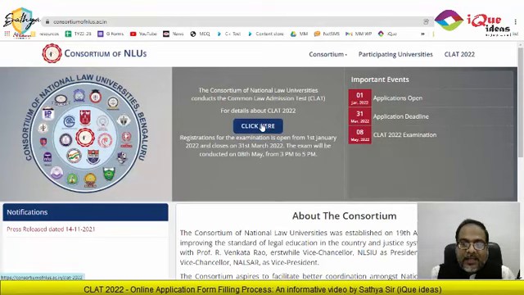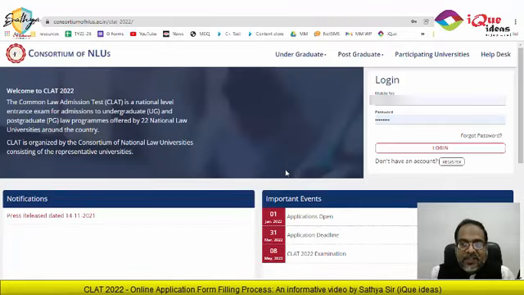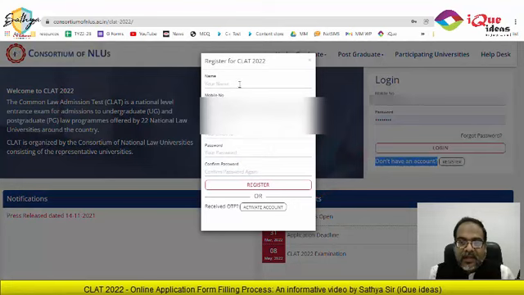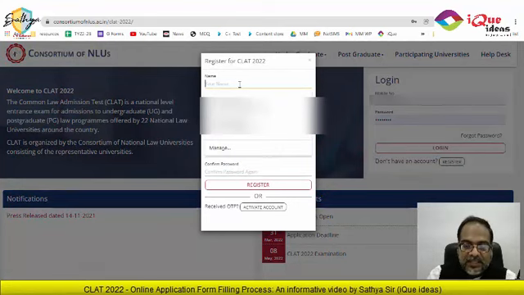Now, the click here button is clicked by me and it takes me to the page where I can start my registration process. For the first time registrants, you need to first create an account. So on the right hand side under login, there is a "Don't have an account?" followed by a register link. Click on the register button. It will ask you the details.